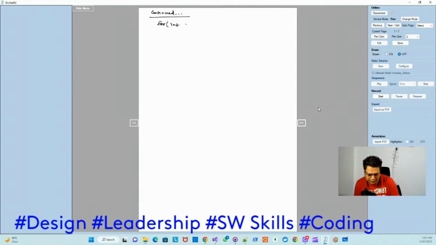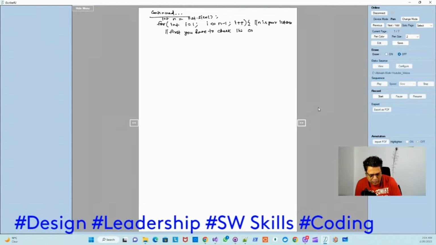So for int i equal to 1, i less than or equal to n minus 1. Please note that n is your list size. If n is not defined, you have to define it, so I have to take somewhere int n is equal to list dot size. You have to define it if it is not already. And then what you do here is first you have to check